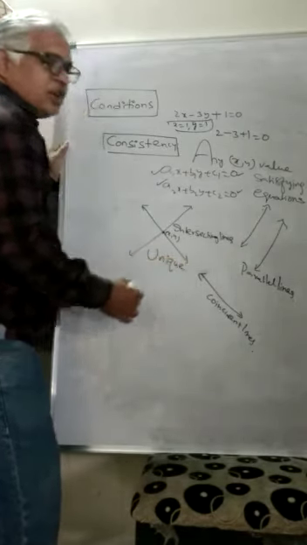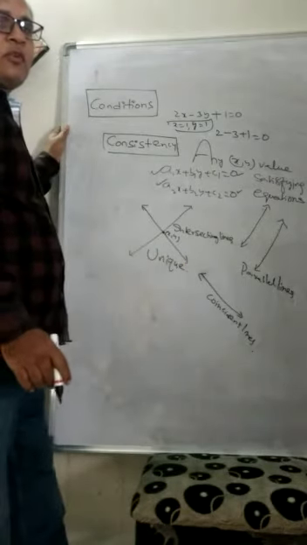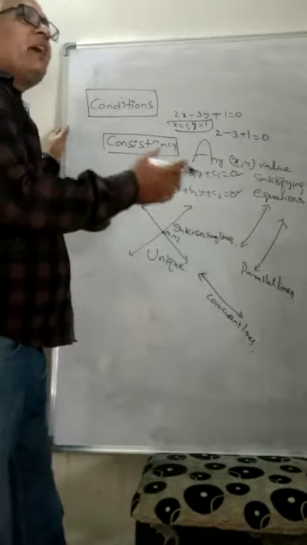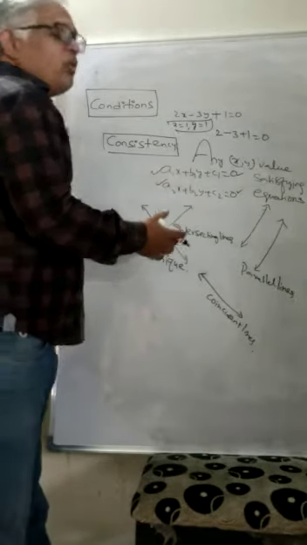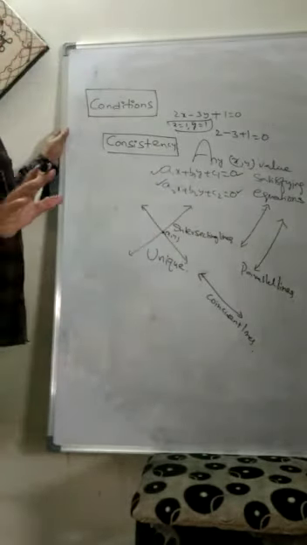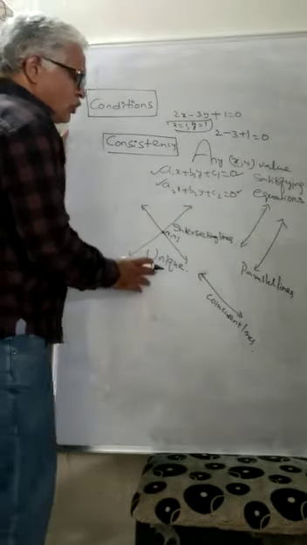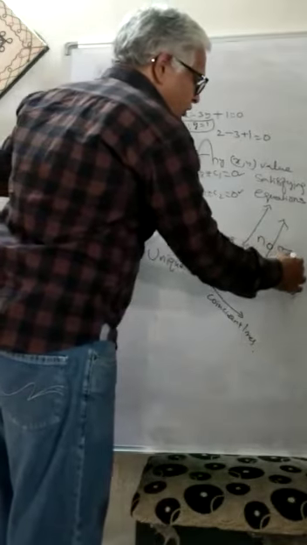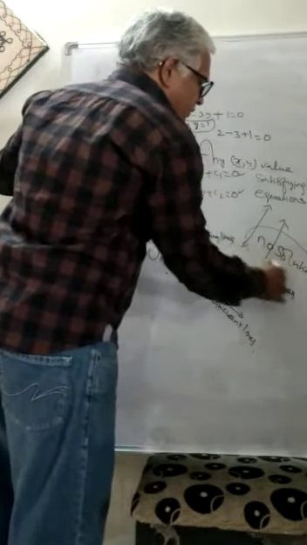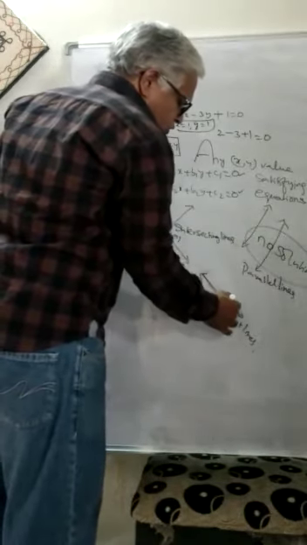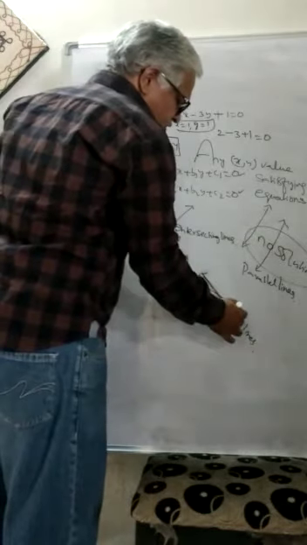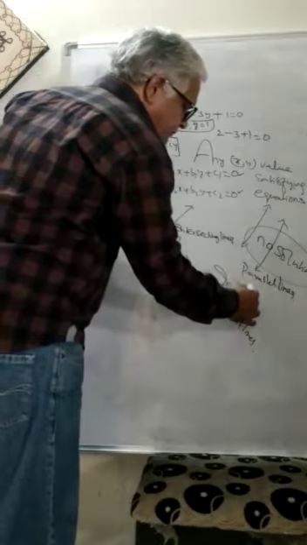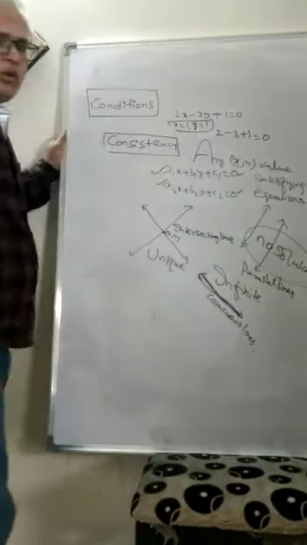In class I was telling you, unique means yourself. No other person is there like yourself. Your own hand, the fingerprints are unique. Unique means only one existence. Here there is no solution, no value of x and y. Here all the values of x and y satisfying the first equation will satisfy the second equation. So there are an infinite number of solutions.